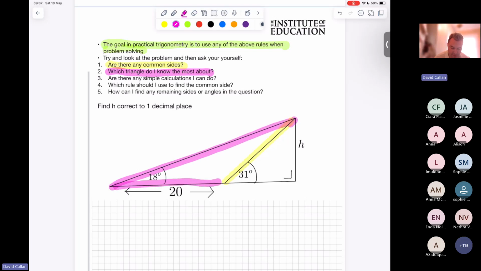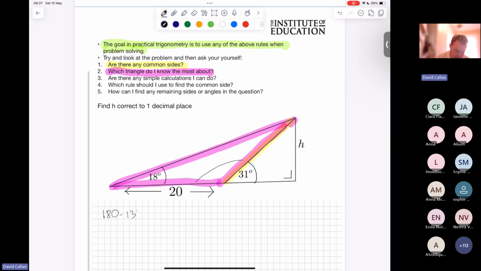But that's my part one. It's the one I have the most information about. Are there any simple calculations I can do? And by simple calculations, I mean something that someone who's just started studying triangles, maybe in first or second year, would be able to do. So for example, you'd be able to work out this angle by doing